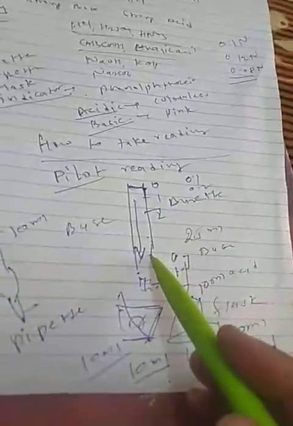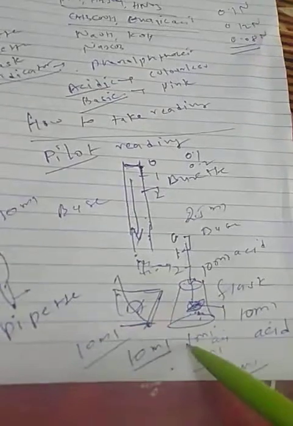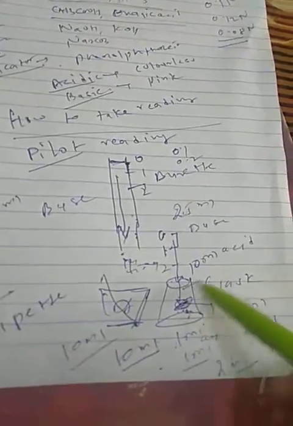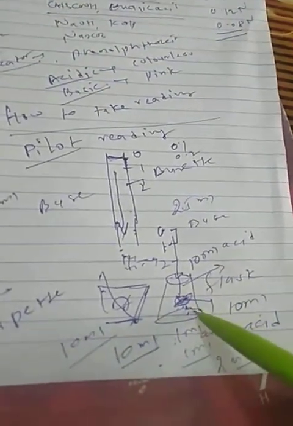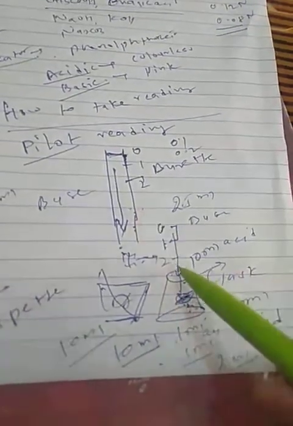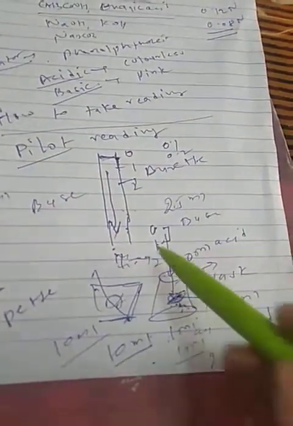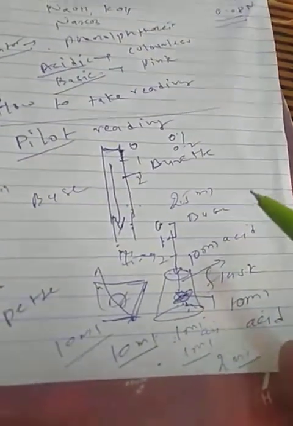If from here base and from here acid are going to neutralize, and there is an excess amount of base, the solution turns into base. See here, till now if we are adding 1 and 1, the medium is acidic. Here, from the second, third, fourth, but here it is 10 ml, so more acidic. As the neutralization reaction is going to complete, the solution will turn pink.